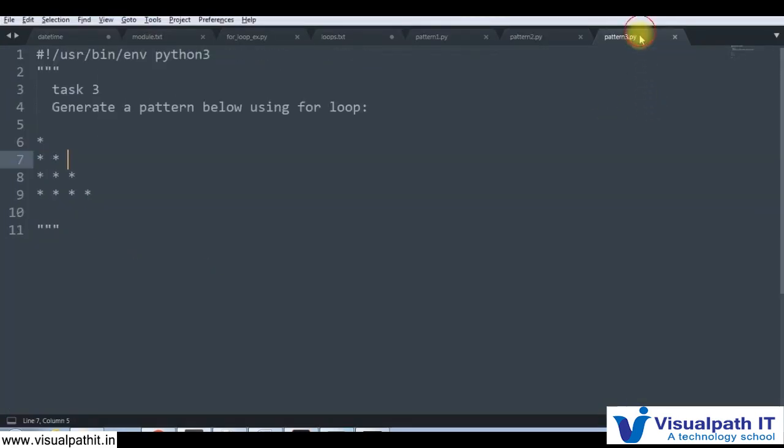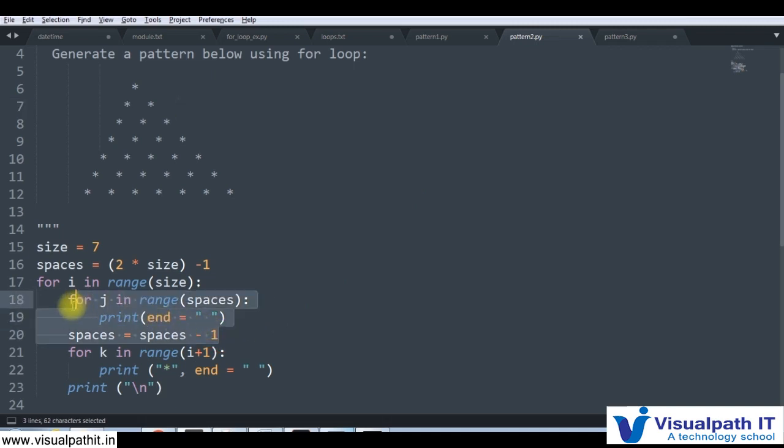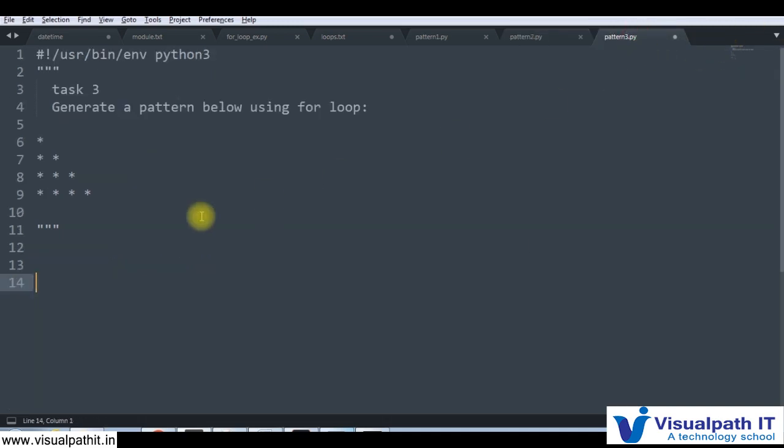Similarly, go to another task. The task says generate a pattern using a for loop. The task is to generate a half pyramid. So in this pattern we need to remove this part. Declare the size is equal to say 7, or else we can also take it from the input. Say int input, enter the size of the pattern,